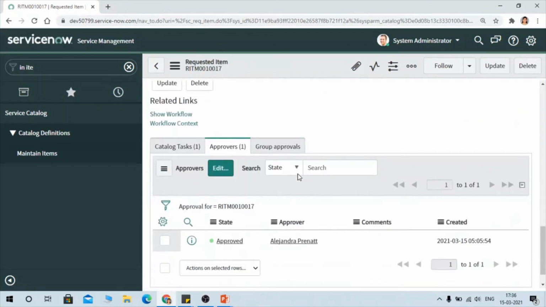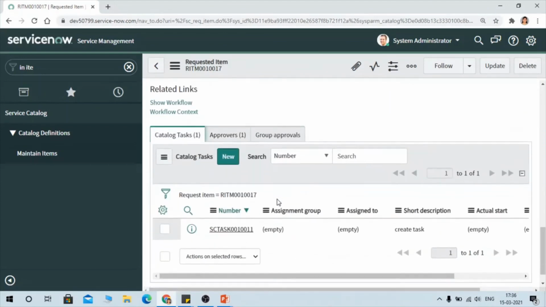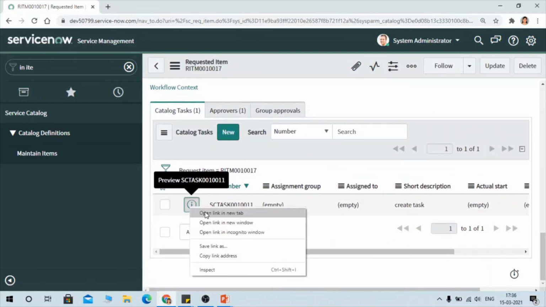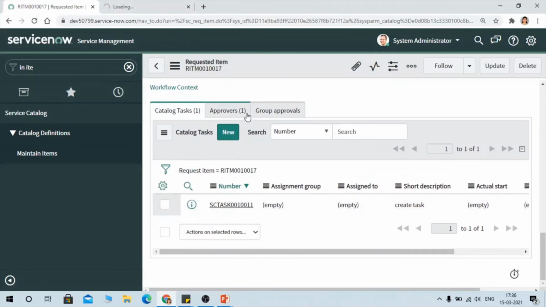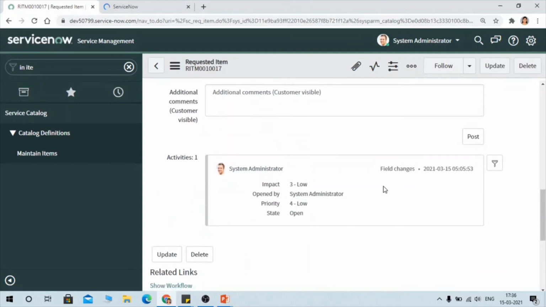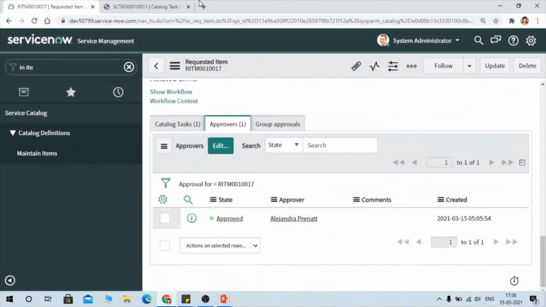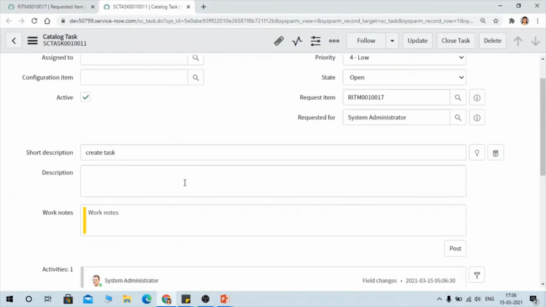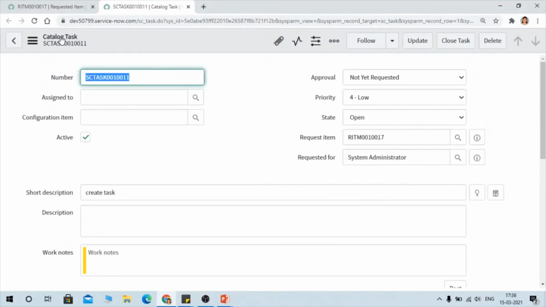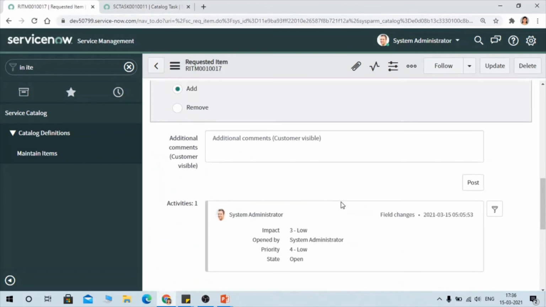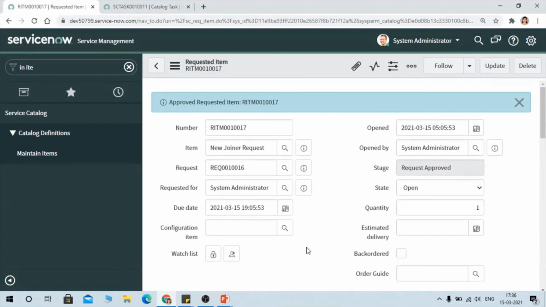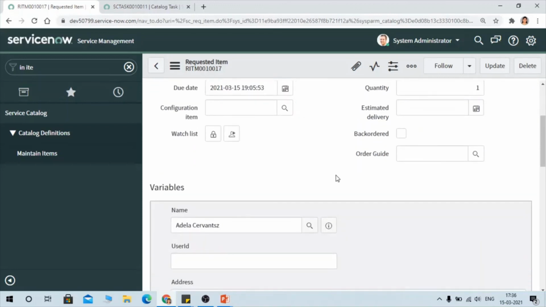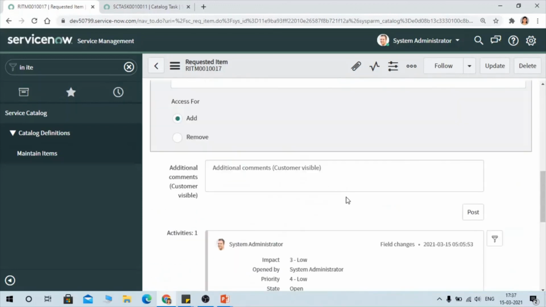So let's go and see. Yeah, so we could see here the task also got generated once we approved the approval. So yes, you can have some more fields on the catalog task by adding them in the flow only. So this kind of automation you can do by using workflow. So this is how catalog items work.